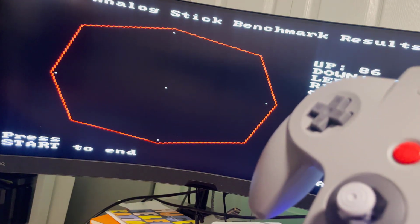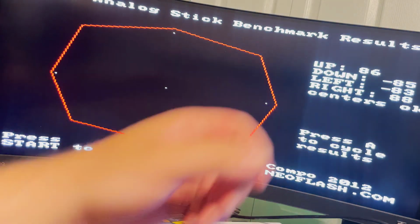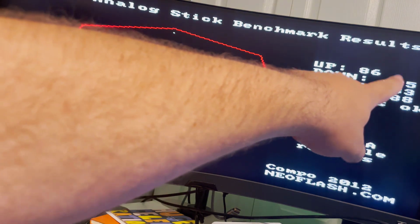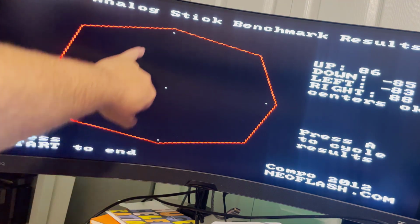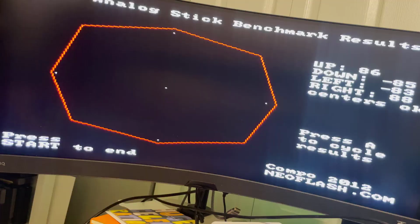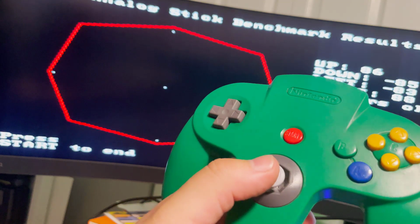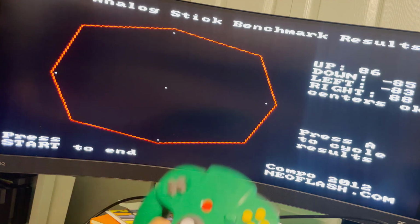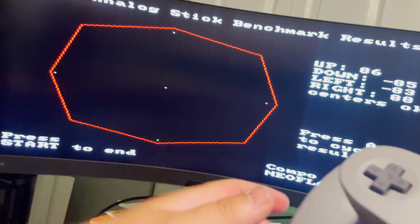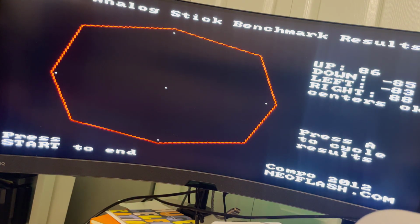Yeah, look at that. This is as OEM as you're going to get. Well, it is OEM to be perfectly honest, but it's by Bluetooth. You see here the range. We're supposed to get around 84-ish, but just by looking at the picture, it looks like it's just slightly off, but way better than the Retrofighters controller. A little more consistent than the Bluetooth update. Now, to be perfectly honest, it could be the bowl and the joystick in here. I mean, this is the original one. Maybe me updating it or cleaning it might give us better results, but just look at this with the NSO controller. So the NSO controller with the N64 dongle seems to get you the most consistent OEM result, but